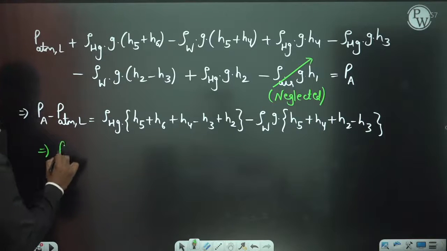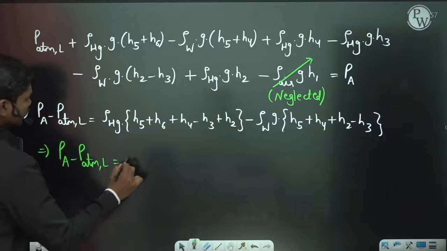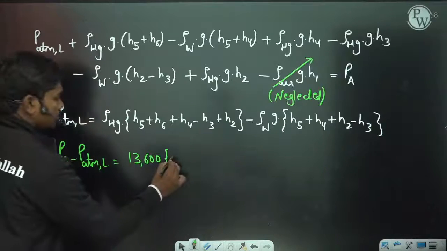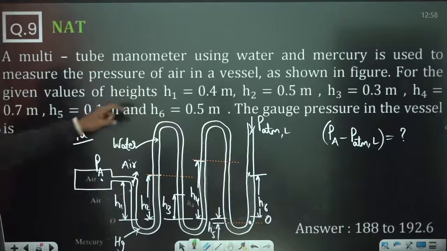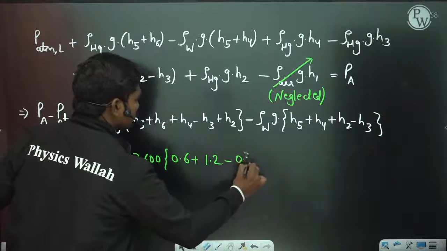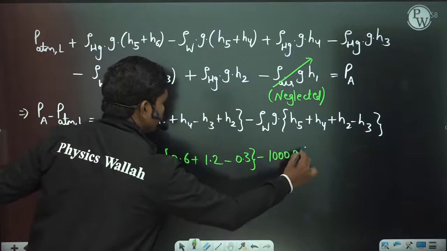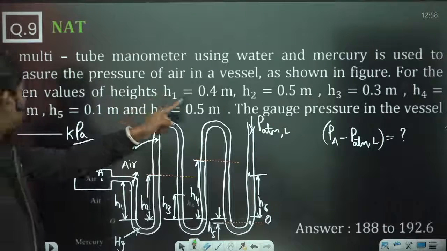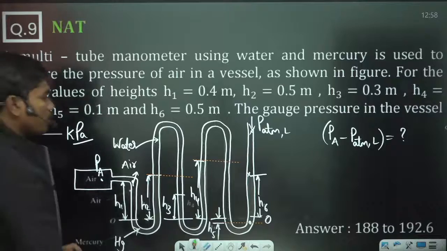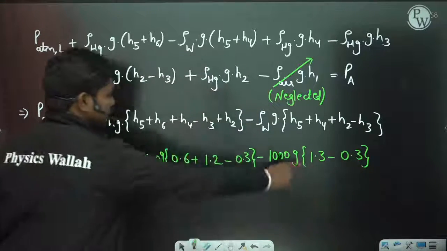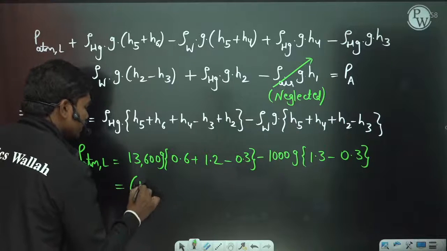So if you simplify, PA minus PATM local is equal to 13,600 times H5 plus H6, 0.6, plus H4 plus H2, so 0.5 plus 0.7, 1.2, minus H3 value, which is 0.3, minus 1000 times G of H5 0.1 plus H4 0.8 plus H2 0.5, 1.3, minus H3. What is the H3 value? 0.3. If you do this calculation, this is 1, and 1.8 minus 0.3 is 1.5. So 13,600 into 1.5